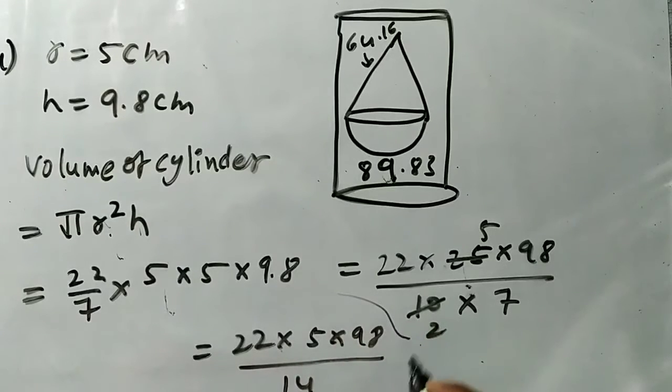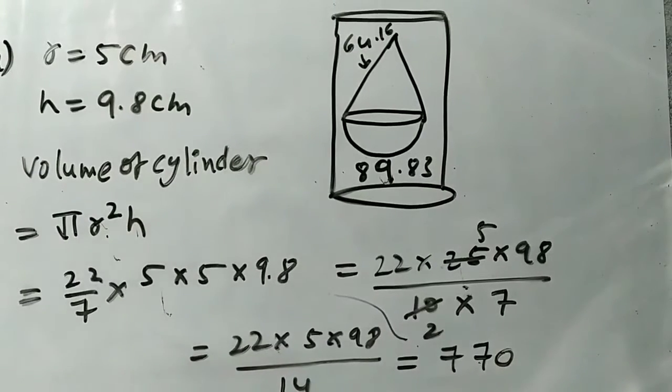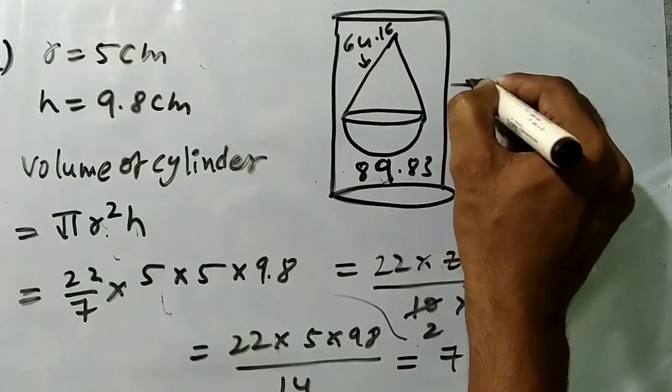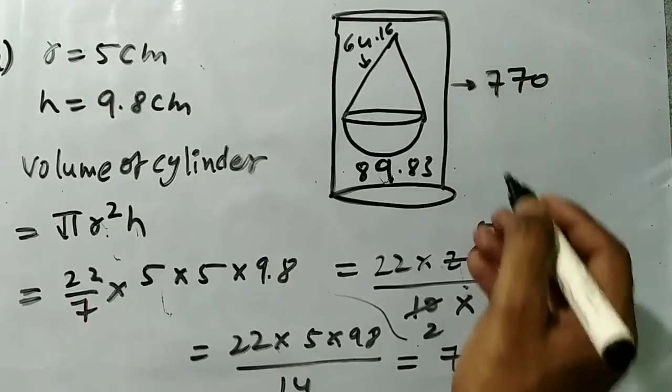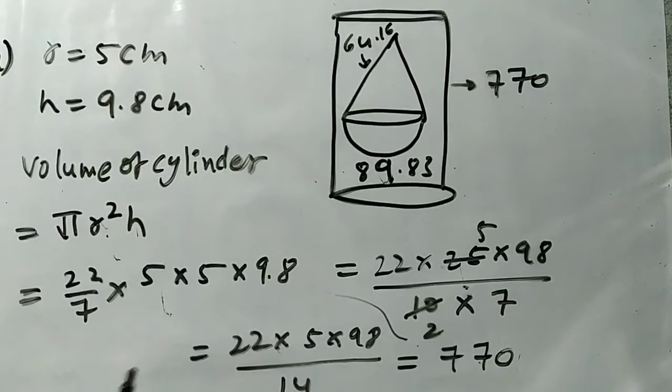We get the value here, that is 770. After doing all this calculation, this is in centimeter cube. No need to write centimeter cube because we know that volume is in centimeter cube only. So right here that is 770. So now the final result will be